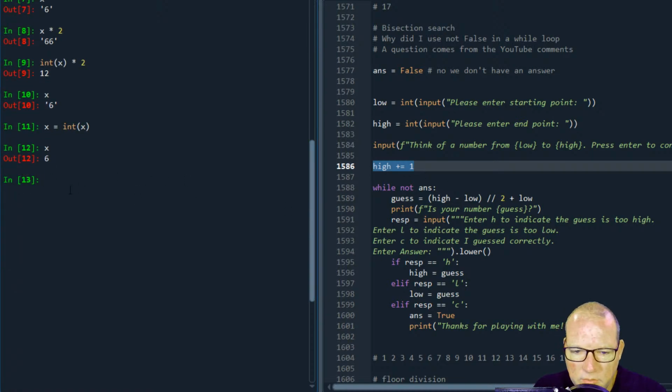So what am I doing here with this plus equals? This is a shorthand version of this legal statement. I don't know why this took me so long to wrap my head around, but this is called incrementing. I'm incrementing by 1.